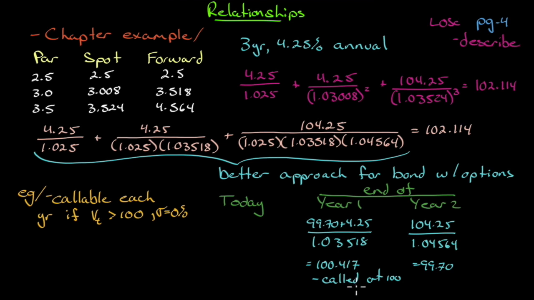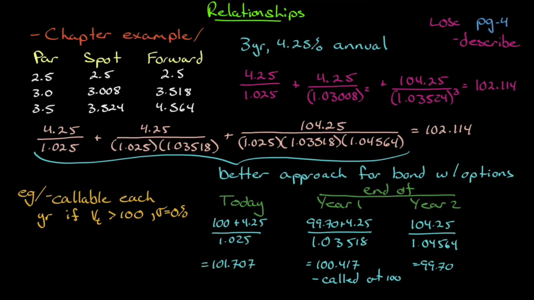So what we do is we write it down to 100. We're only going to discount back the 100. We're going to leave the 0.417 out of it, and that will isolate all of the in the money components of the option along our pathways, thereby giving us the value of the option. So today we discounted back one more period. We're going to discount back only 100. We're going to leave the 0.417 out. We'll discount back the 100 plus the 4.25 by 1.025, and that'll give us